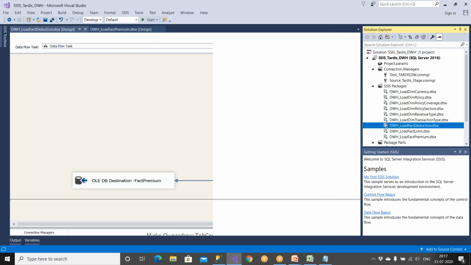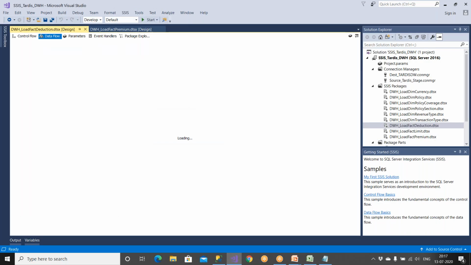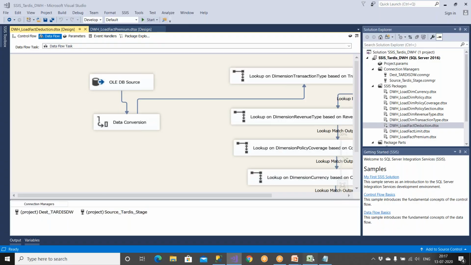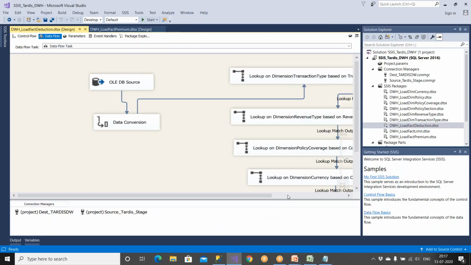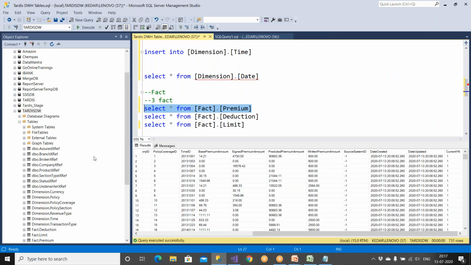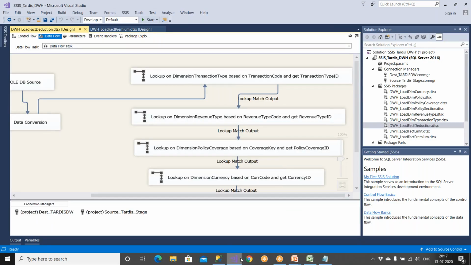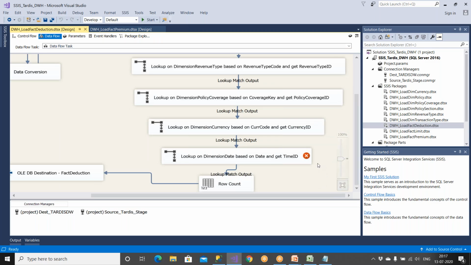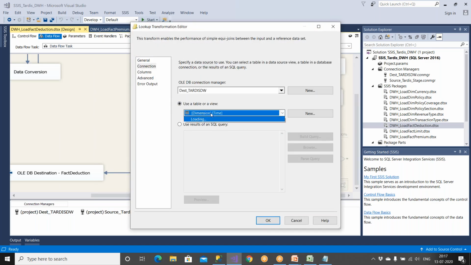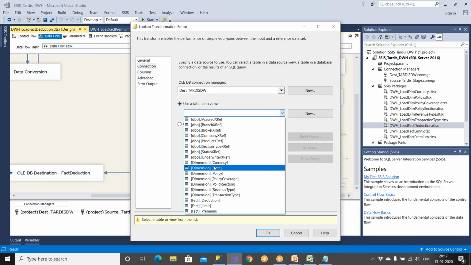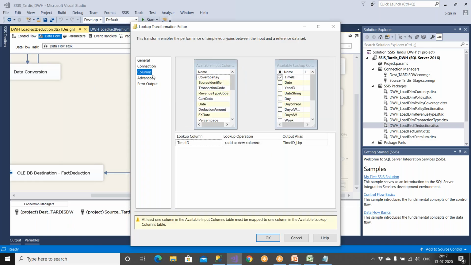Let me go to the deduction table. I have duplicate data in this. Many people are facing the same issue. If we have duplicate data, can we do anything? We cannot do anything. So simply you drop the complete data warehousing database and try to recreate. We cannot do anything else. Let me make the connection here. So dimension time, I should not use it. I should use dimension date, and the columns I have to use